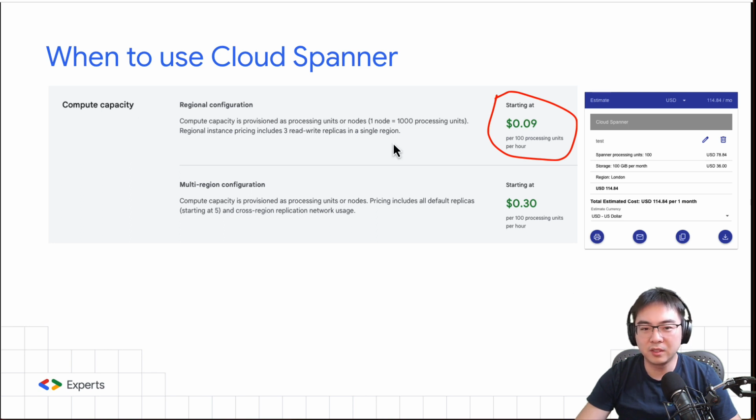You have this thing called processing units, right? So it's actually quite cheap to use Cloud Spanner as your main database, even if your use case isn't about something that requires extremely highly scalable throughput or transactional workload. So the starting cost is actually